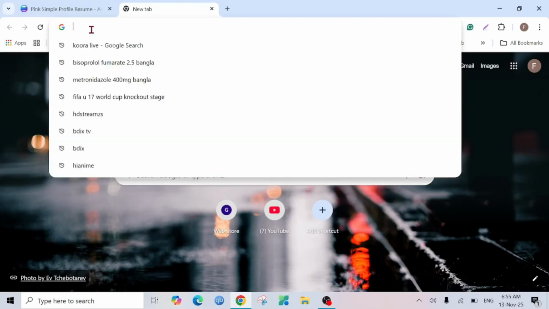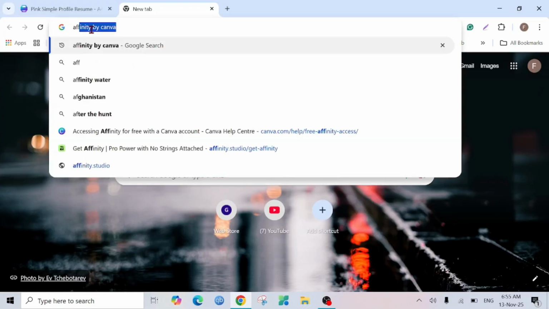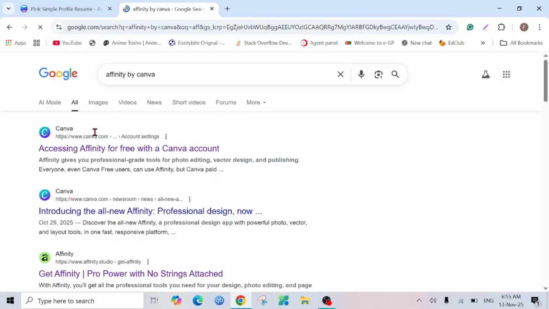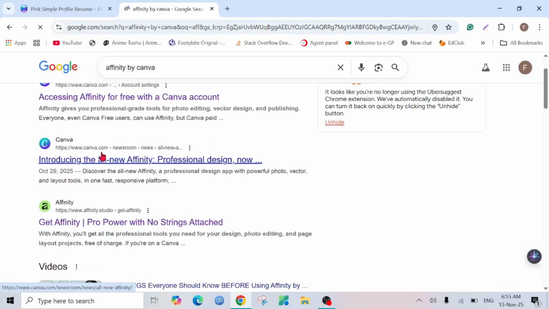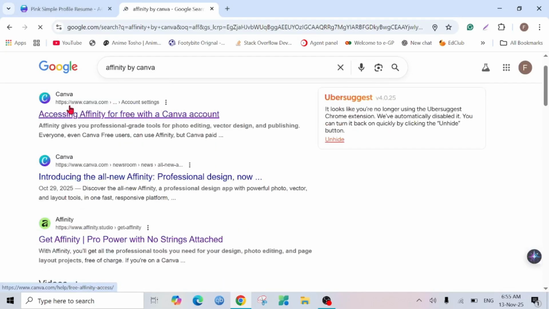And first of all, go to your browser and here just type Affinity by Canva. So here you can see there are two searches that are showing that this app is from Canva, and this is their official website, affinity.studio. Click it,